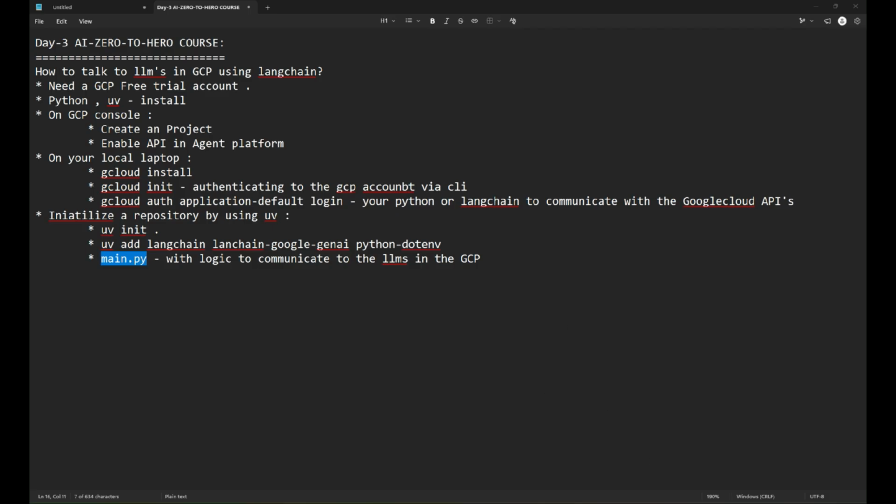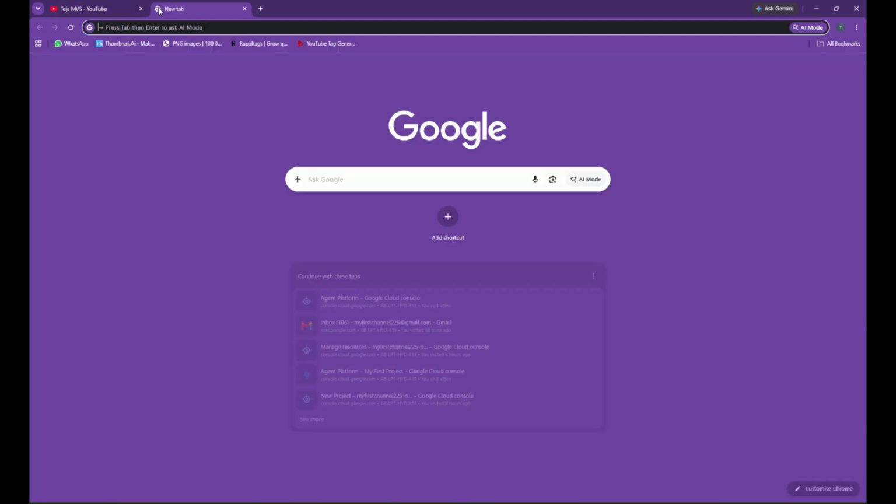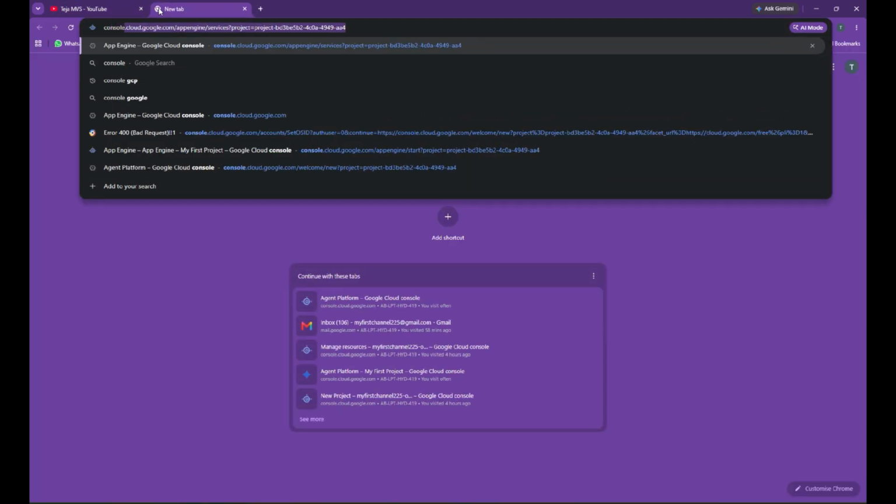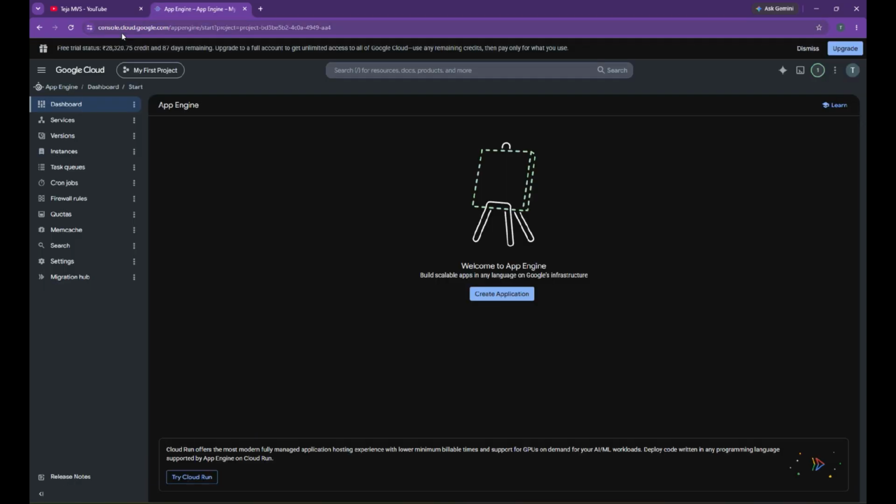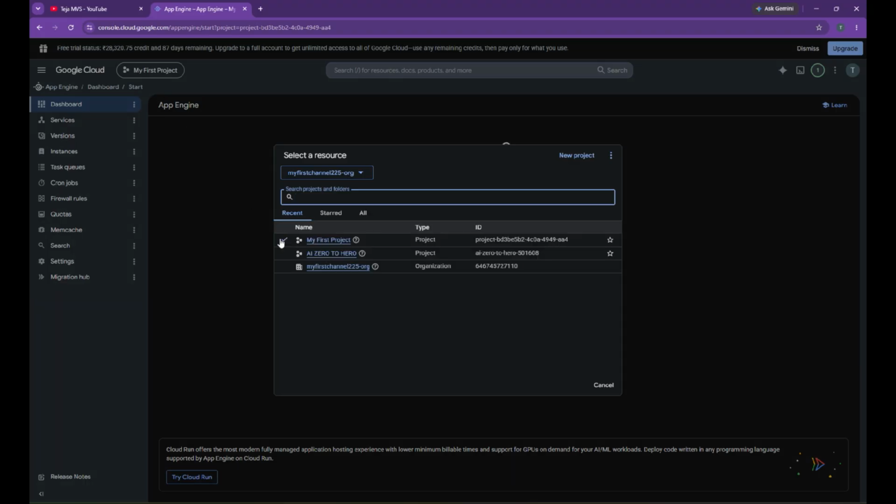Let's get started with the implementation. So let me open my gcloud account. Once you have your GCP free trial account created, you can access it by using console.cloud.google.com. And once you log in, you will be seeing this project section. If you click on this section, I already have my AI02 Hero project created,